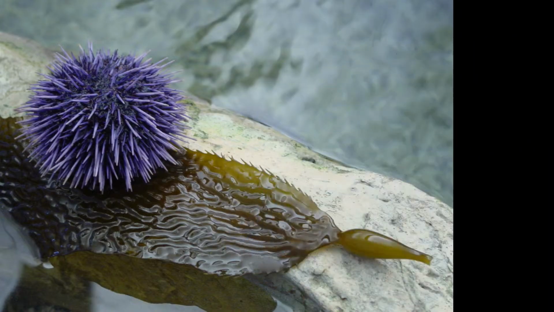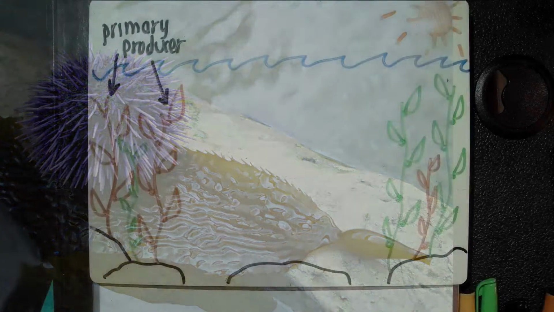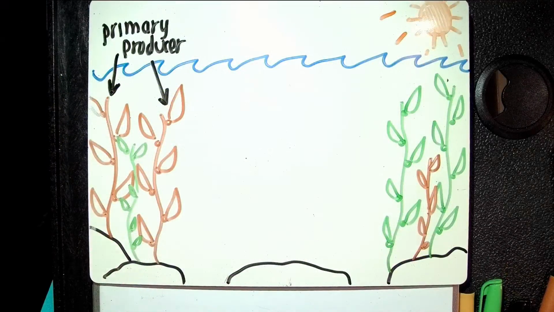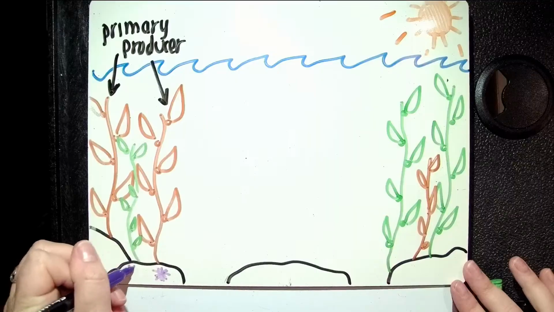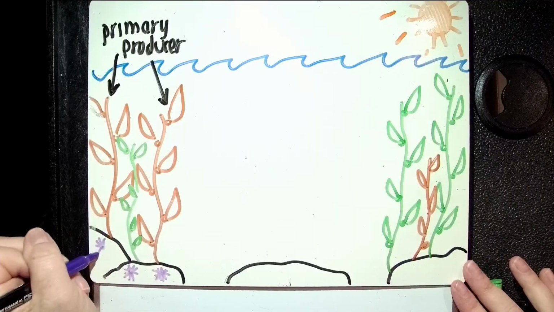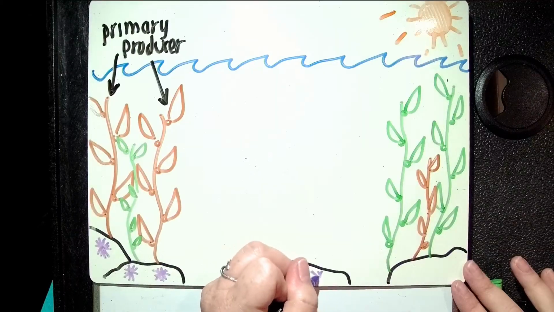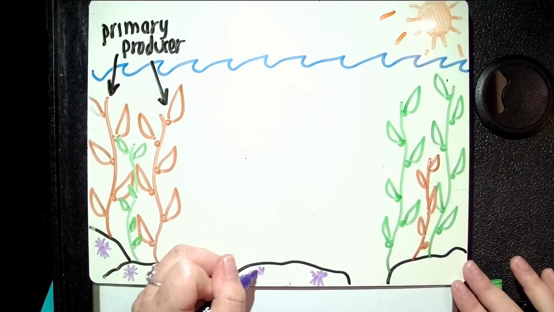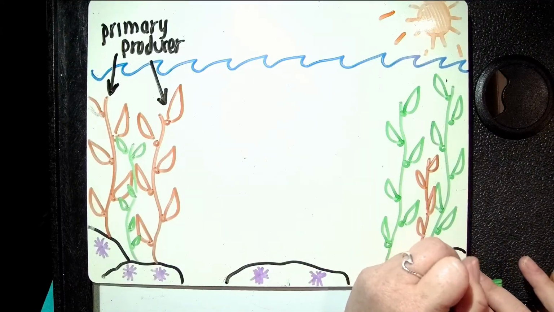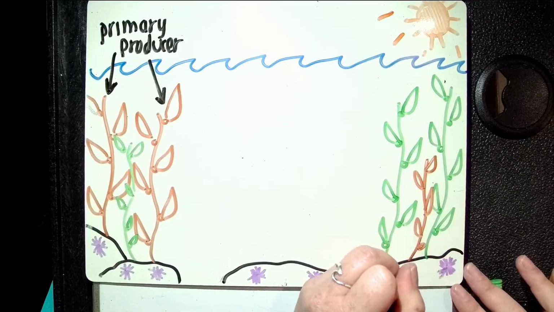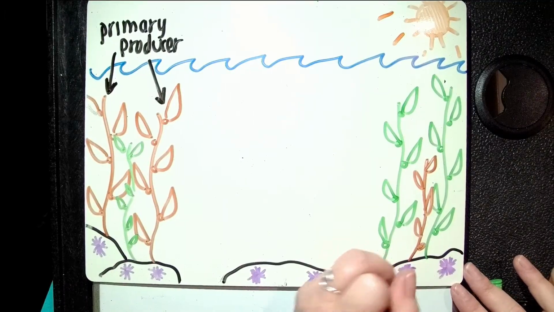Now, our sea urchin has their mouth on the bottom. They have 5 teeth, and they use those teeth to just munch the kelp. So I'm going to draw some purple sea urchins in my habitat. I'm going to draw them down here on the rocks, just kind of like little spiky circles. Now sea urchins have sticky feet, suction cups like sea stars do, that help them to hold on. So they do live on hard surfaces, but they love eating kelp.